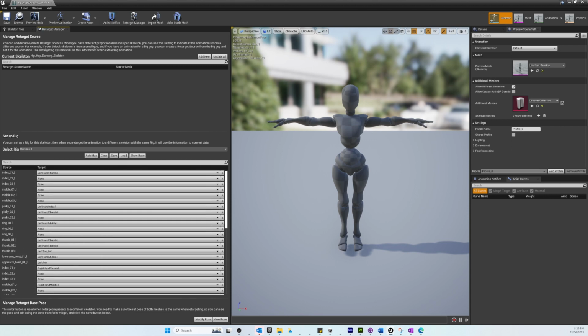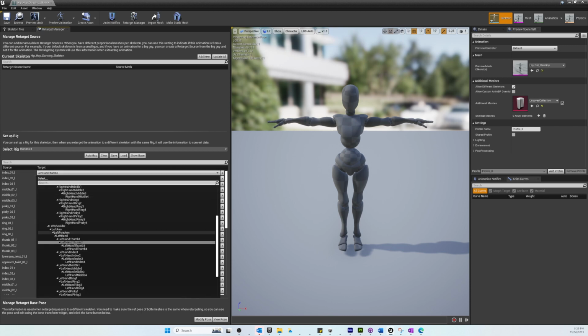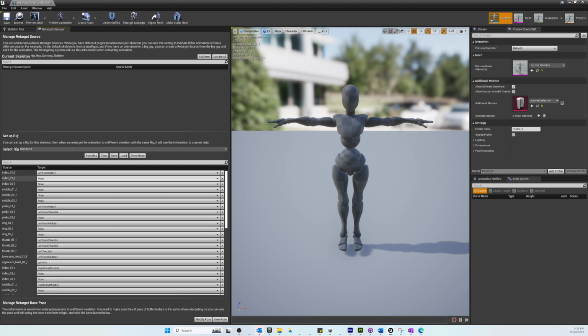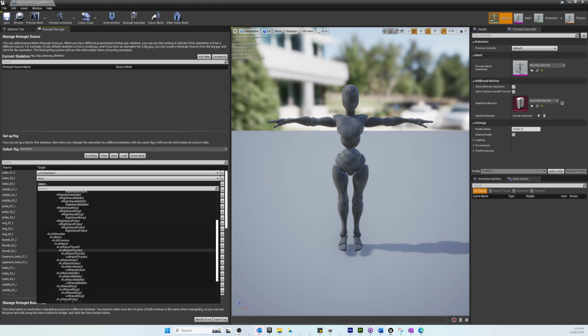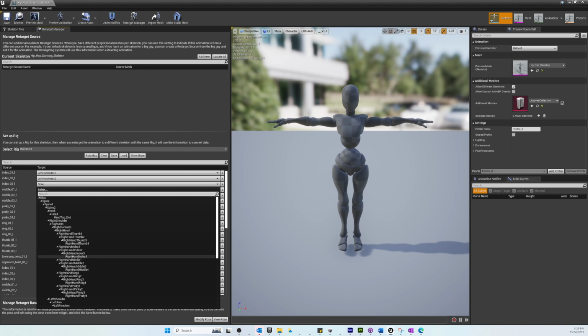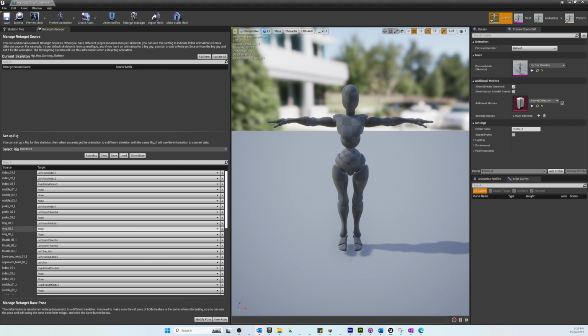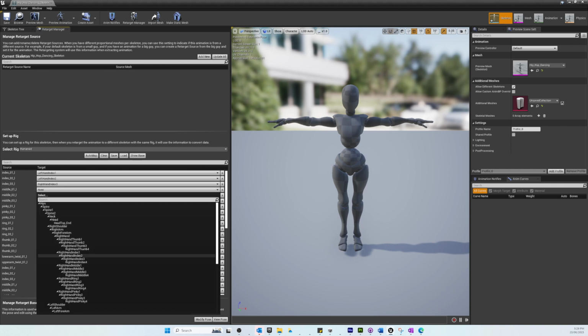I'm just going to show the advanced things as well, which is the smaller parts of the character, like the fingers and the toes. So we've got left index, that's going to align to left hand index. This is left hand index 2, left hand index 3, we've got left hand